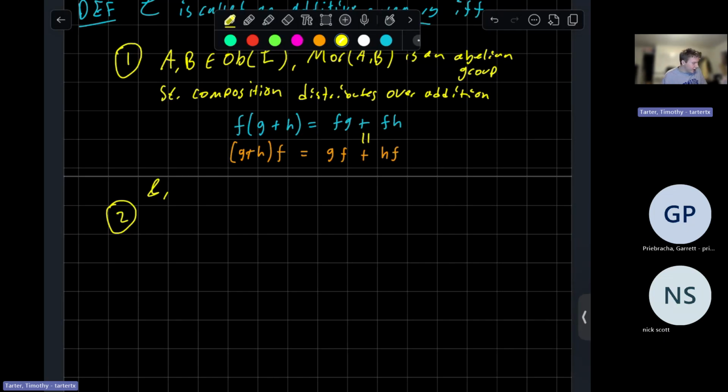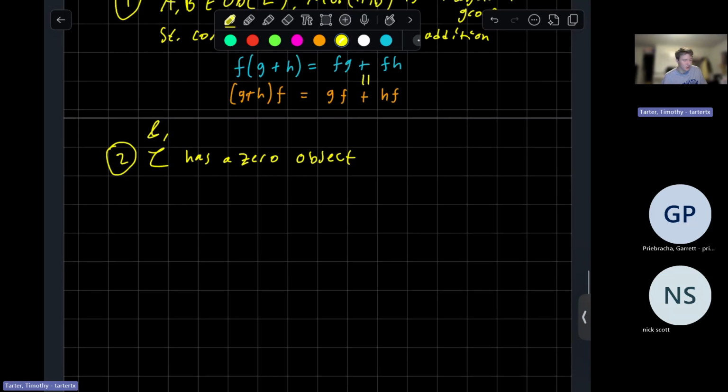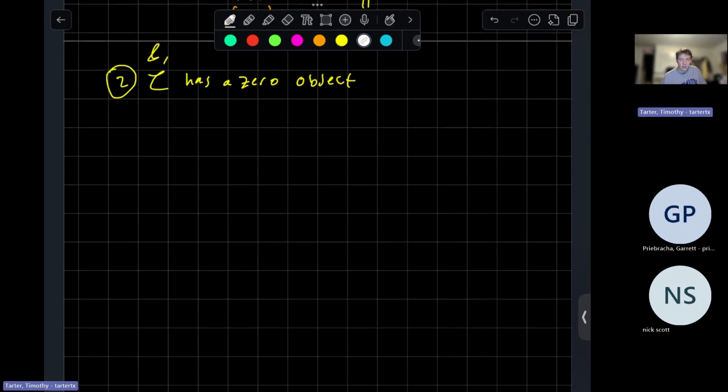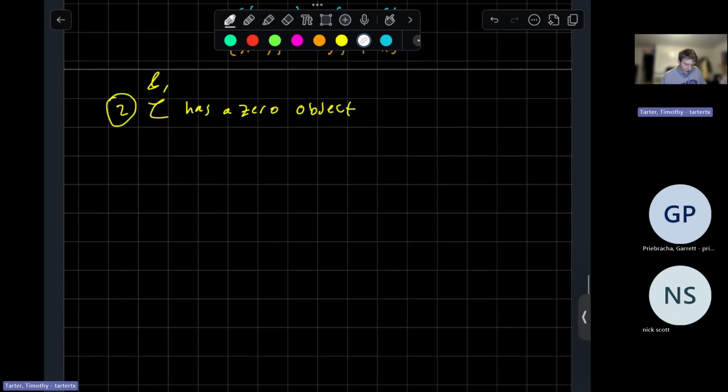Then, C has a zero object. This is really important for us to be able to set up homology and cohomology, because we want to be able to define short exact sequences and long exact sequences. The way we do that is, well, we need to have a zero object. I think I've introduced this before. I'm just going to give a little teaser for next time, but a short exact sequence is something that looks like this,